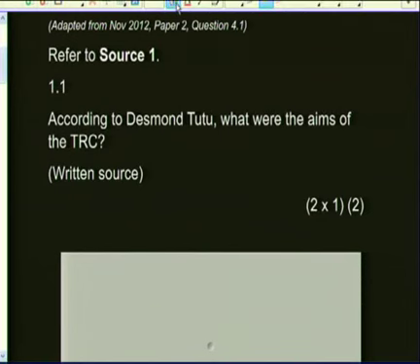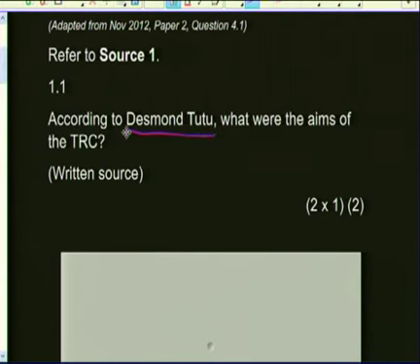Now that is very, very important, grade 12 learners, that it's not according to you. It's not according to any other person, but it's according to Desmond Tutu, this person who was the chairman of the TRC. Okay, we've already looked at the source where he was talking about the TRC and what their aims were. So according to him,